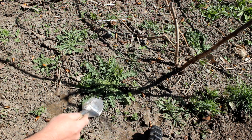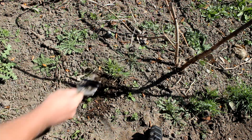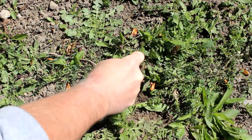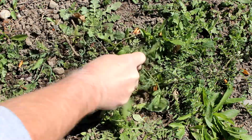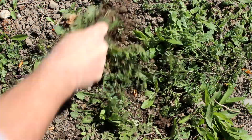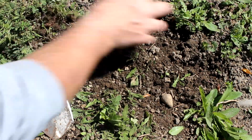Anyway, once it's sharp-ish, take it out to the garden and start cutting weeds. The way this works is you push it under the soil and cut the weeds off at the roots. Some people will say that not pulling the roots out will just let the weeds grow back, and that's probably true. But if you keep up with the weeding, the roots will eventually die, and the organic matter will decompose